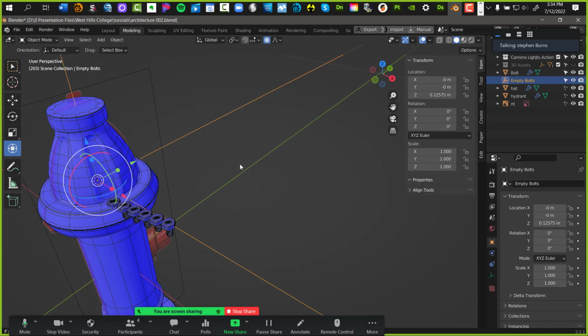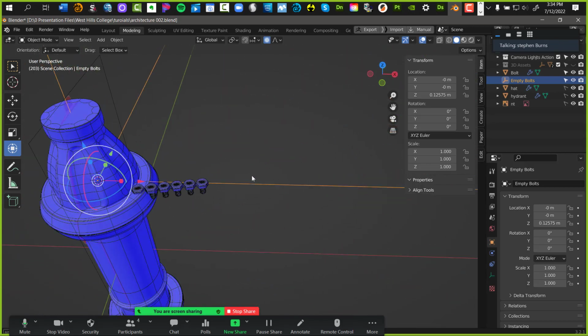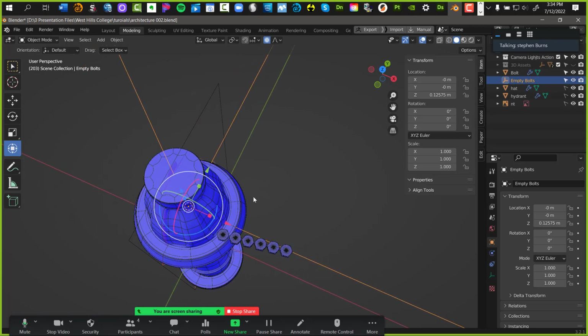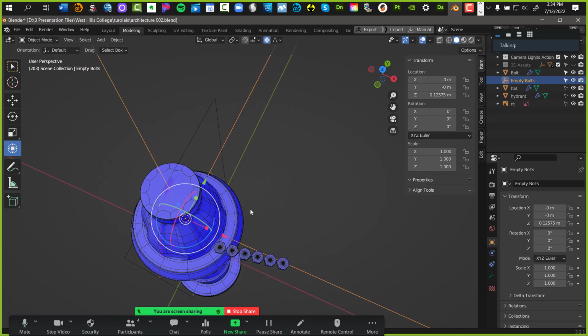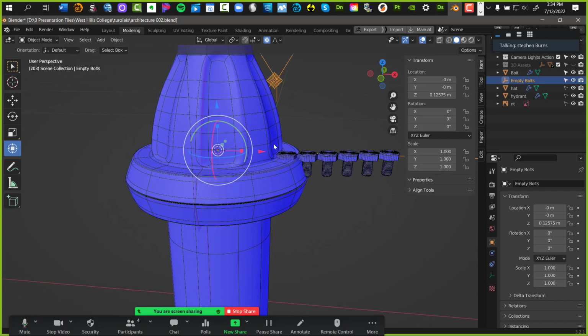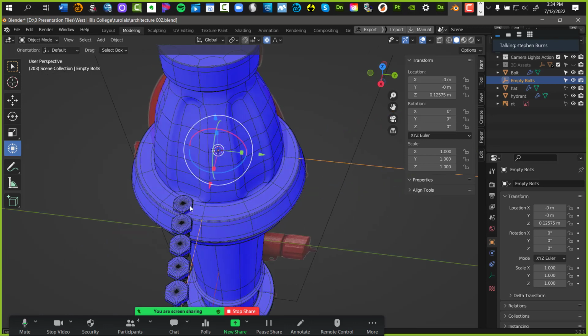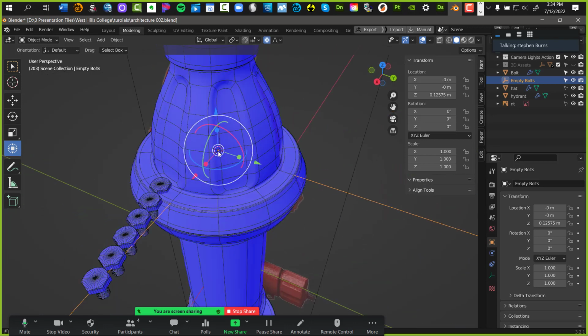Now that the empty is in place, I'm going to tell these bolts to multiply around that empty. Keep in mind, in order for this to work, I also had to change the orientation of the bolt here to the same location as the empty.